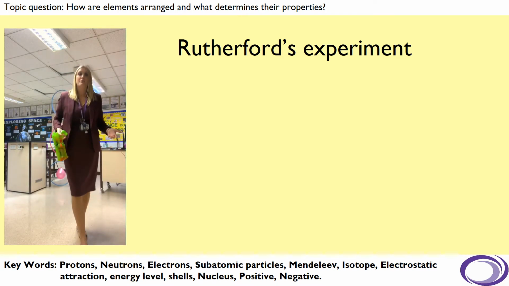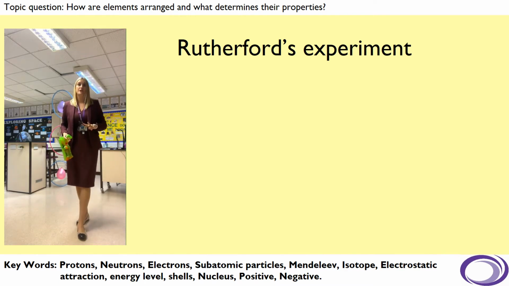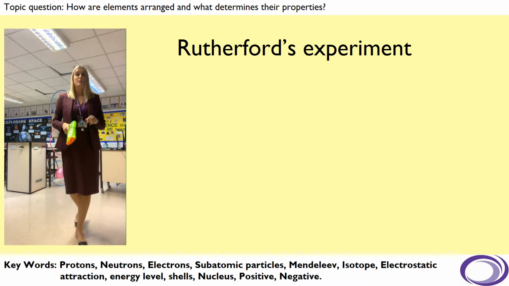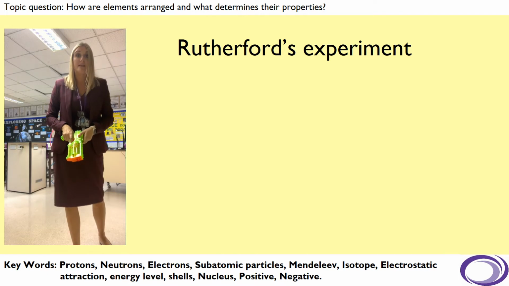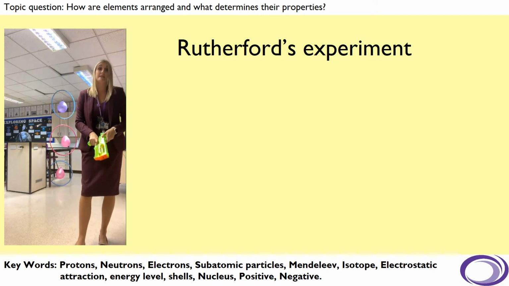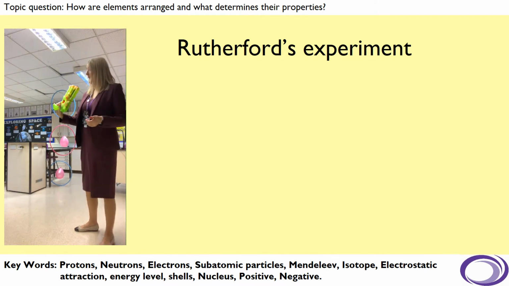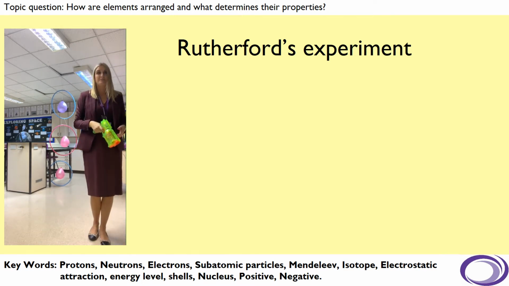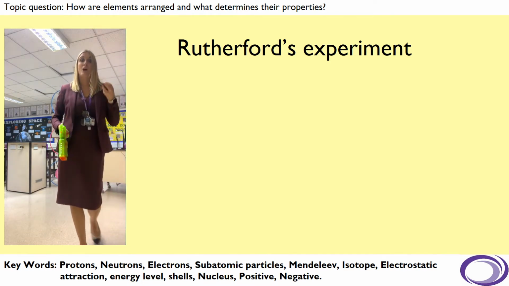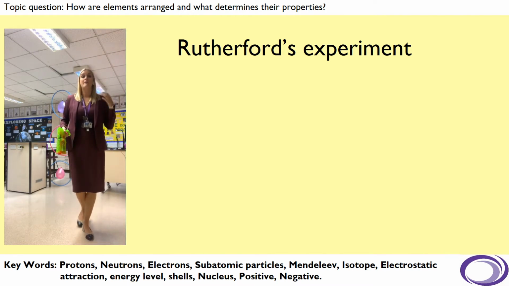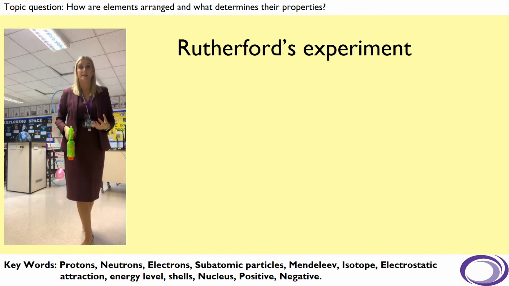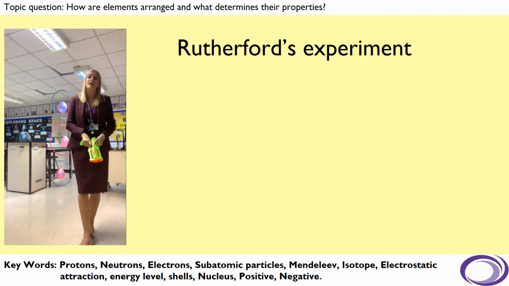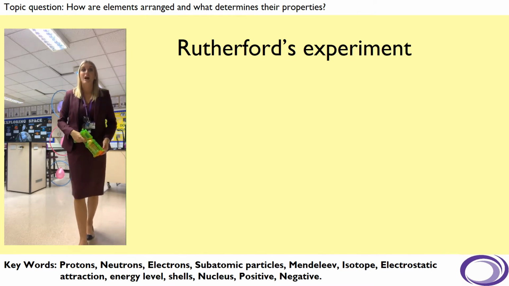This led Rutherford to two conclusions. The first one was that the majority of an atom is actually empty space, and that was represented by the alpha particles passing through the empty space. However, there is also a part of the atom where most of the mass is concentrated, and this part of the atom is positively charged and is the nucleus. And that is why some of his alpha particles